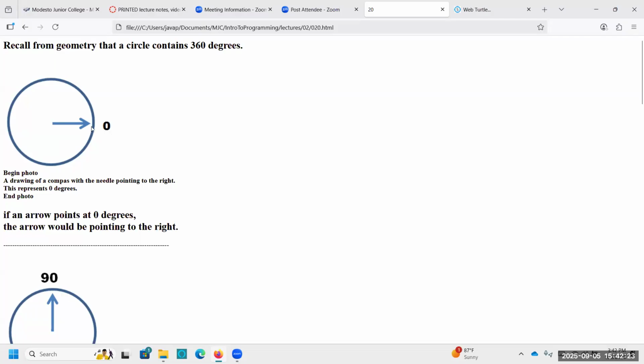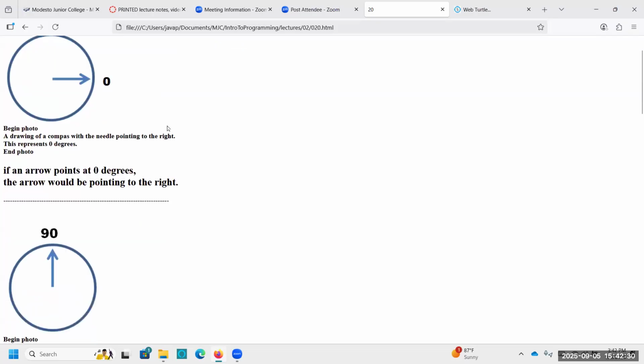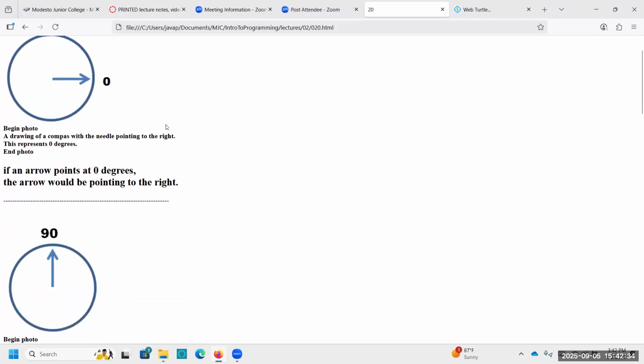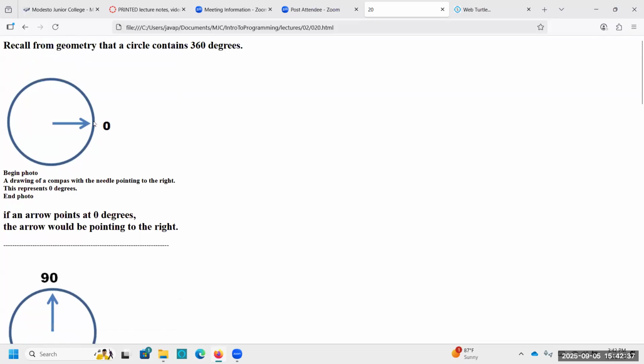So what's unusual about Webb Turtle is 0 degrees isn't north. It is due east. Don't ask me why. That's how the guy wrote it. That's what he decided to do, which is fine. He wrote it. He can decide what 0 degrees means. So if we go a quarter of a turn